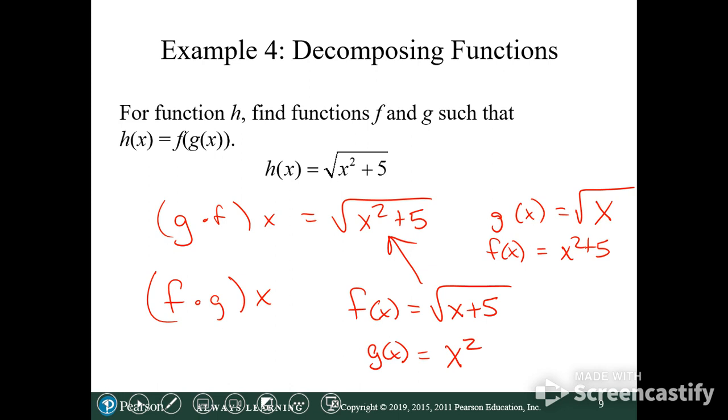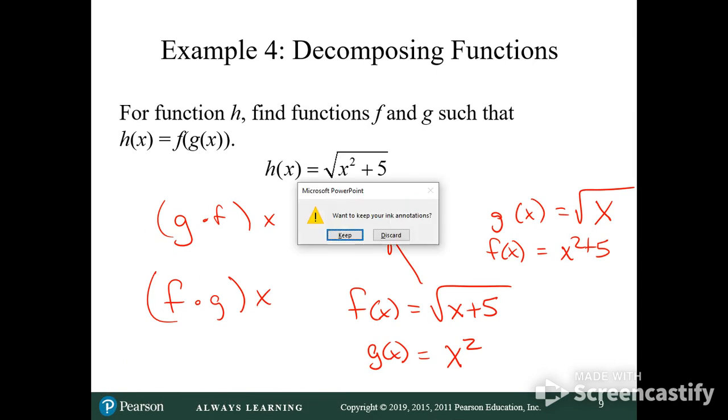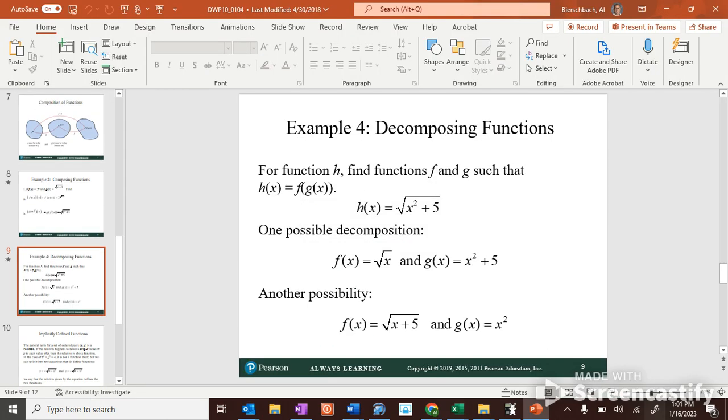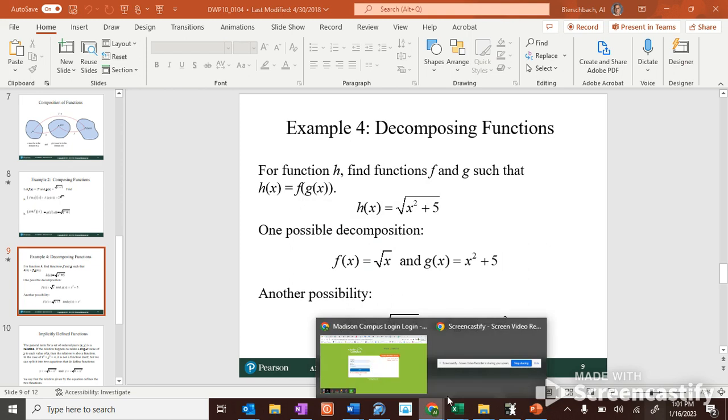Okay? So let us get out of here. I got to push the escape button, I bet. Escape, quit, discard. All right, so we're good there. I'll stop